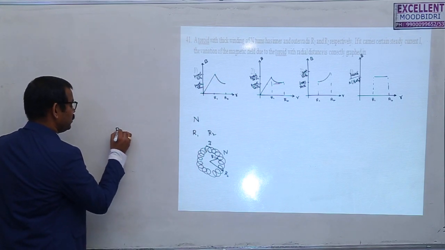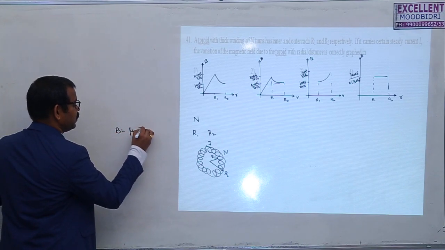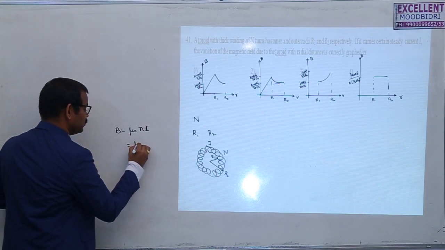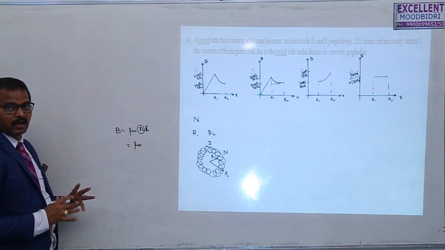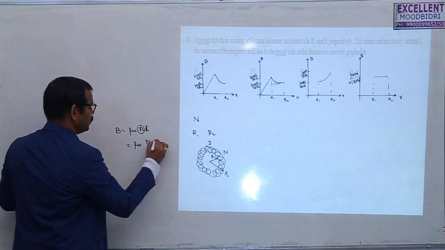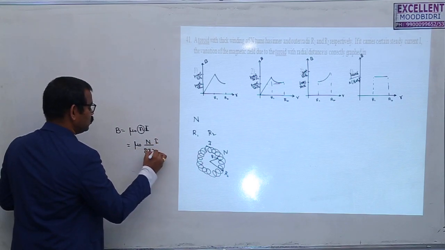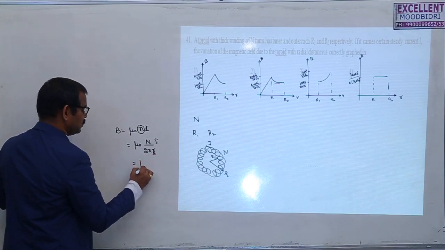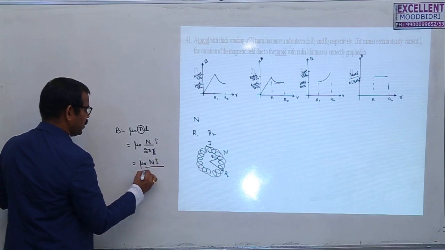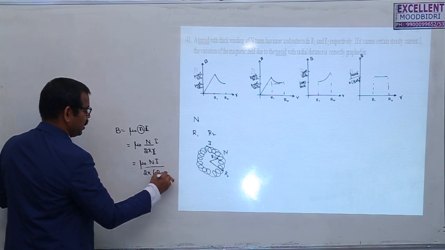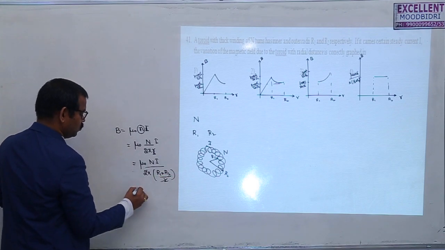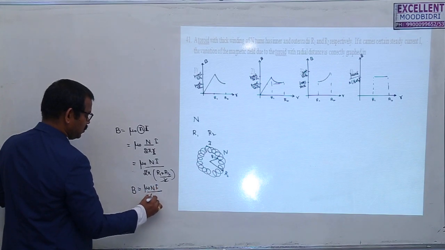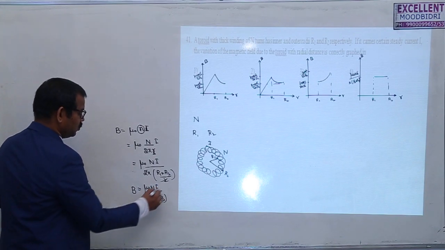We know that the magnetic field at the center of the toroid is given by mu naught N I only, just like a solenoid, but this can be mu naught into the number of turns per unit length. Total number of turns are N, total current I, by 2 pi r. But as we have two different radii, we will take the average radius here: mu naught N I by 2 pi into r1 plus r2 by 2. So this B will be mu naught N I by pi into r1 plus r2.